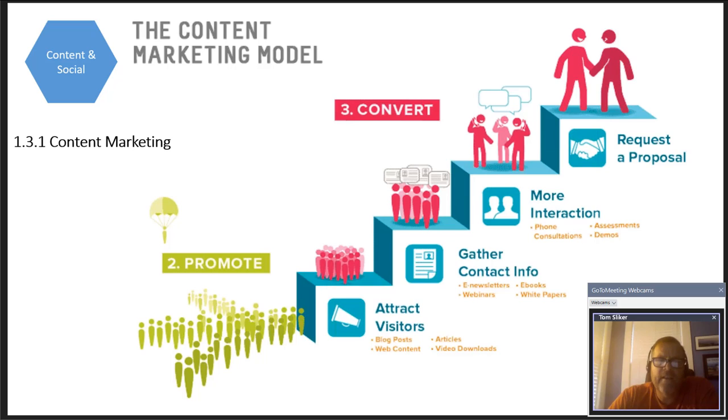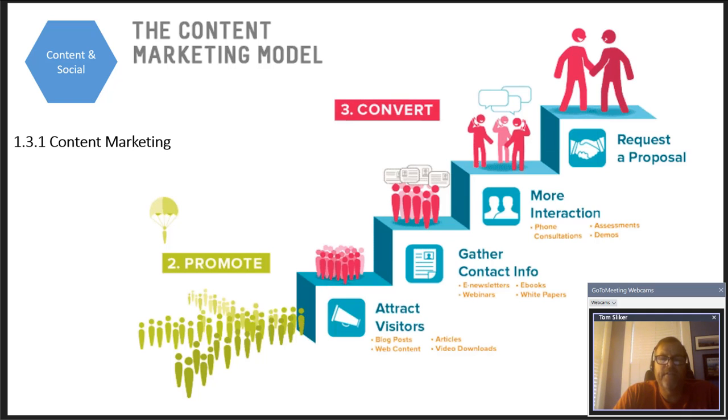Content marketing. So the concept of content marketing is that we produce content, number one, down in the right corner. So we create something, we generate some information that hopefully is helpful to some segment of the population. Hopefully the people that we want to bring in as customers. We promote our content in some way, and then we attract visitors to our website, maybe through blog posts, videos, articles, things that we are publishing. And then we bring them in, and we hopefully have something else to offer them.